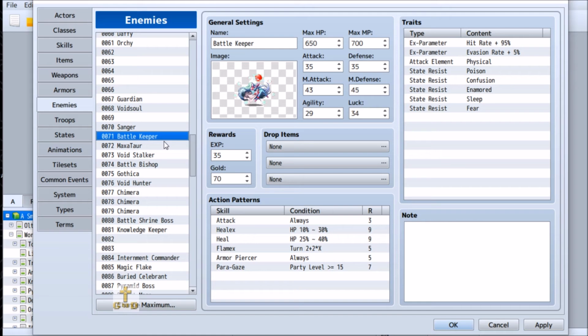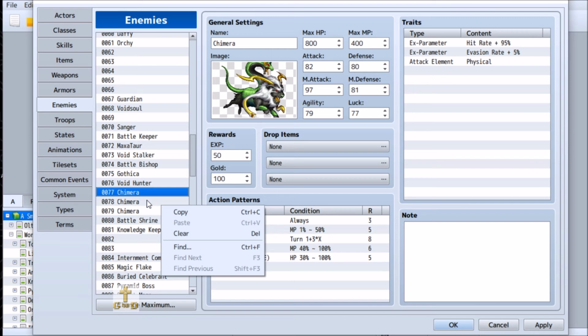Battle Keeper. I haven't decided if I'm going to keep this. I'll go into my ideas for designs for the battle, the fights with the shrines later. But this is a relic from when I was thinking I would have one for each shrine. Kind of like you have to fight the Angel of Battle before you can claim the reward. But, like I said, it's a relic, and I'll go into those decisions later. Chimera, I'm also super...